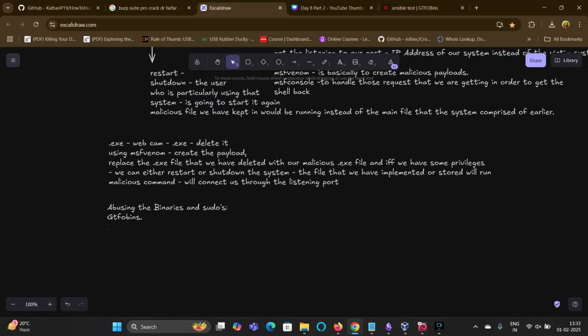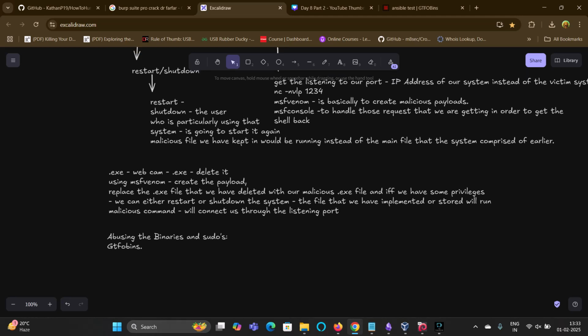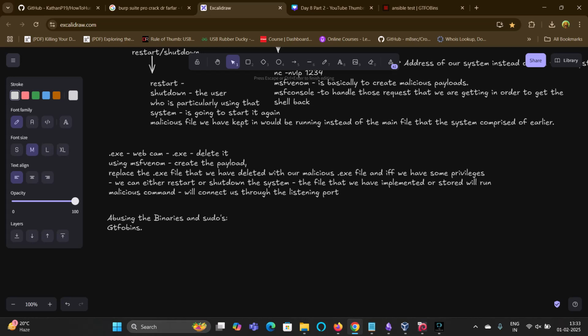And moving on further, this was it for this particular thing. But yes, there is one thing really important while you are performing manual privilege escalation over here. You need to take care of two sensitive files in the system.